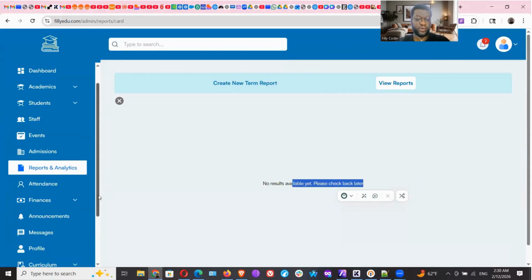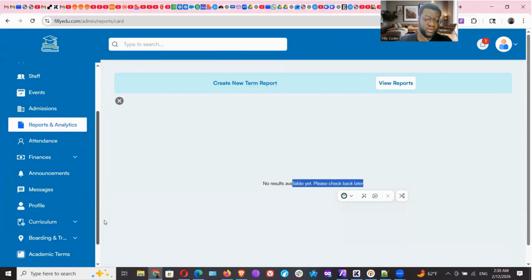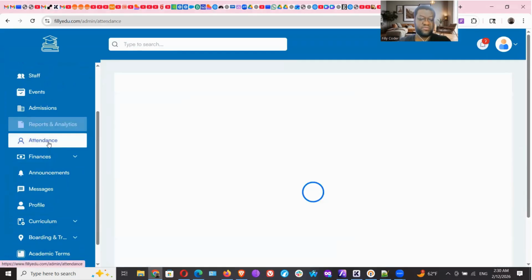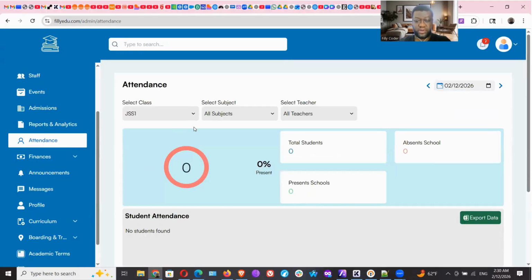And then so we have the student, the teachers, the parents dashboard, and the admin, which is this one here. So certain things must be done from the teachers, some must be done from the admin. So admin can view the attendance record. The teacher marks the attendance. So here, for this class, all subjects, the JSS1, all subjects, all teachers, I think we cleared the database, so you will not see